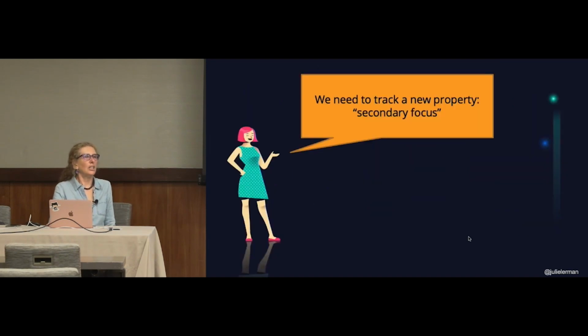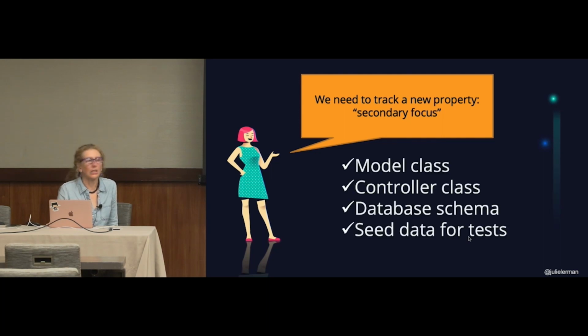Now the business comes and says, oh, these Agilistas, they're so smart. Just limiting them to one primary focus in our database isn't enough. We need another primary focus. So they're like, okay, we need to change the model. We need to change the controller so that it exposes this extra information. The database schema is going to change, and the tests. We want to make sure that the tests are also looking to make sure that we're getting that correct